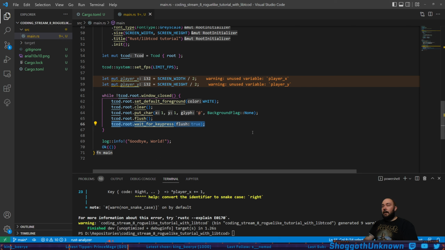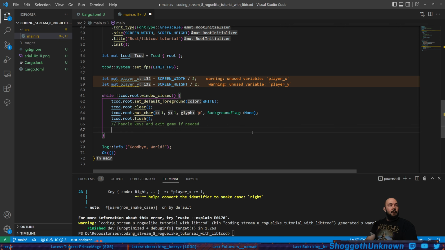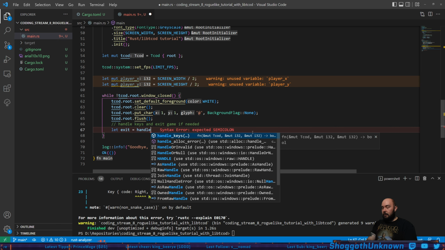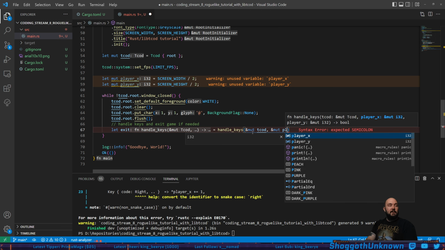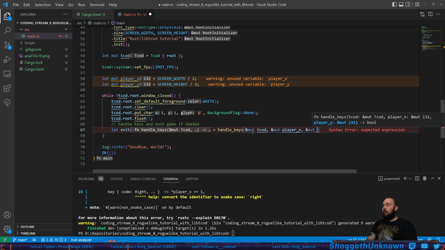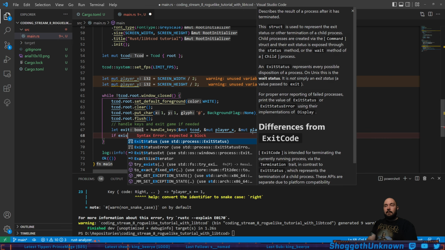I put this at the end of the while block. So I think instead of doing the wait for key press, we're gonna swap that out for handle keys and exit game if needed. Let exit, not exist, exit equal handle keys. And it's gonna be a mutable reference to tcod, a mutable reference to player X, and a mutable reference to player Y. If exit,